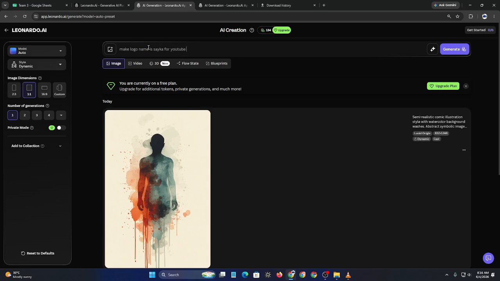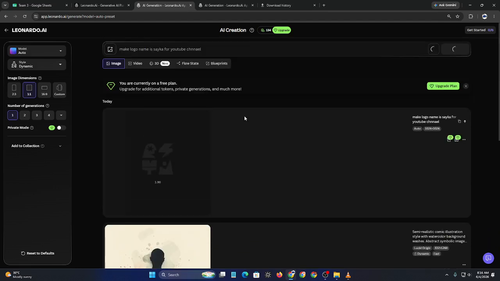You can then enhance, refine, or upscale your favorite concept before downloading it for further editing in a graphic design application. Finally, save your best logo ideas and continue experimenting with different styles, colors, and layouts to find the perfect design for your brand. And that's it. That's how to create logos in